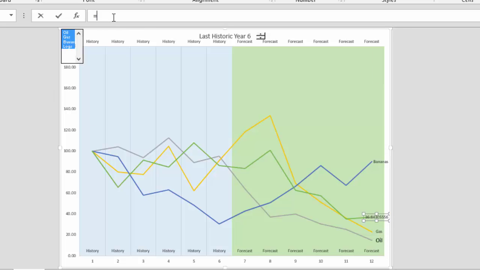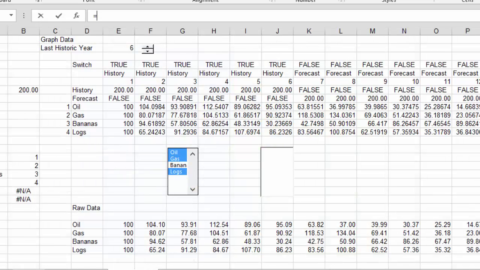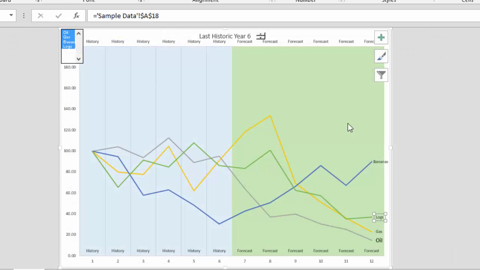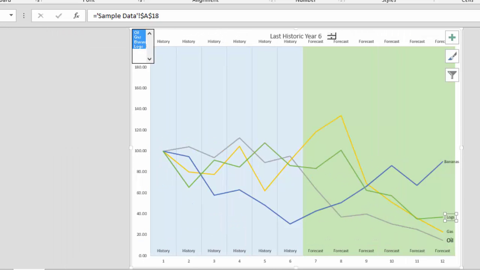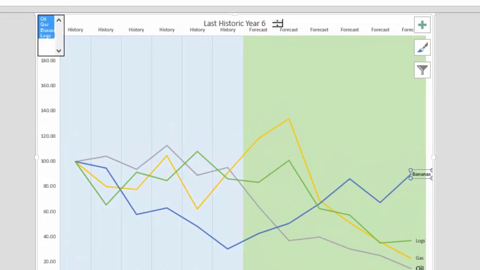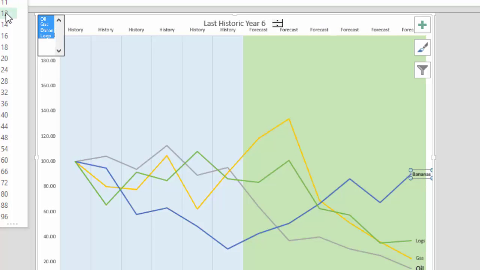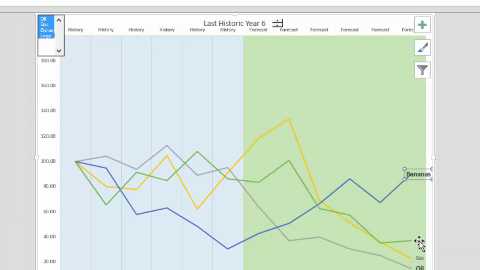Equal sign and get the sample data. And that is enough of the issue with